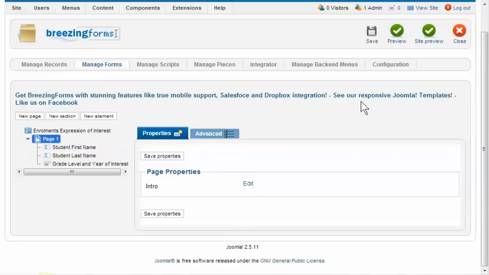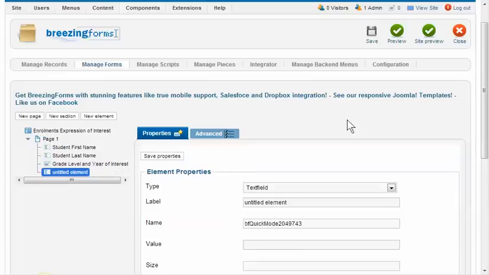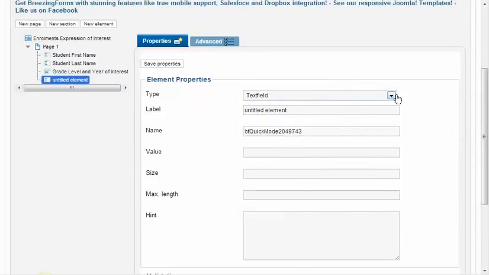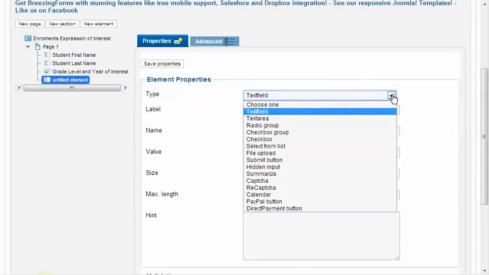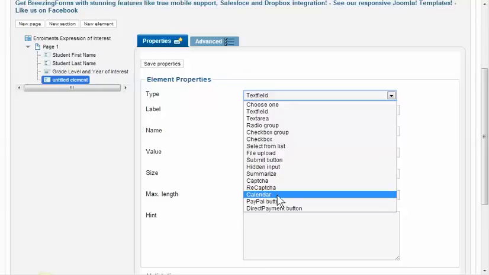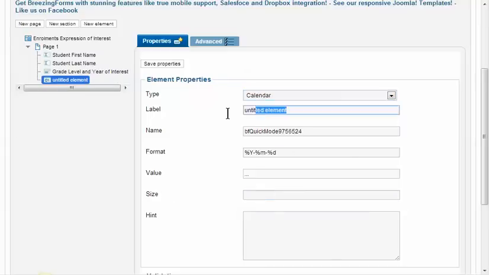Okay, continuing on and adding some more elements. So the next element that we need to put on is the date of birth, which is a different kind of field again. Once again, make sure that page 1 is selected and then go to new element. And the type there is going to change. Alright, so it's going to be a calendar field. So choose calendar. Label will be date of birth, name,